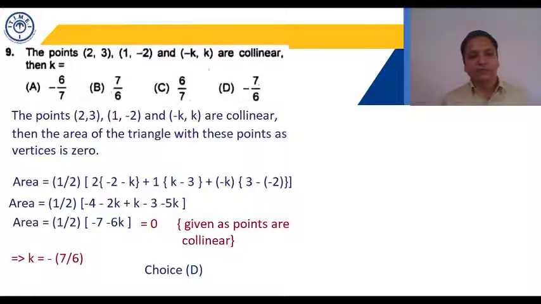I hope this is clear. We use the very first basic formula for area of a triangle. Coordinates are given and then it says they're collinear points. We have to find the value of k. So we just put the value in the formula and get our result, lastly we get half minus 7 minus 6k equal to 0. So we can safely say k is equal to minus 7 by 6. I hope this is clear.